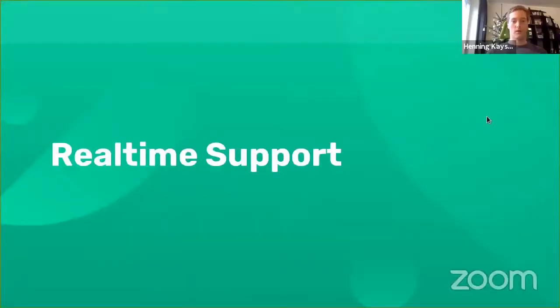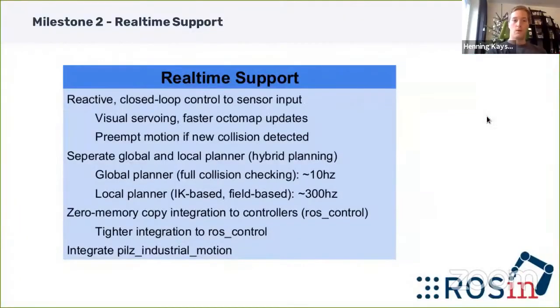The real-time support milestone. We are currently really wrapping up most of the objectives in this list. There's reactive closed-loop control to sensor input, the separate global and local planner architecture, hybrid planning, the zero memory copy integration to controllers. This is still a little bit pending, but we are really focusing on that once ROS2 control has consolidated more. And the integration of Pilz industrial motion. It's a motion planner for industrial